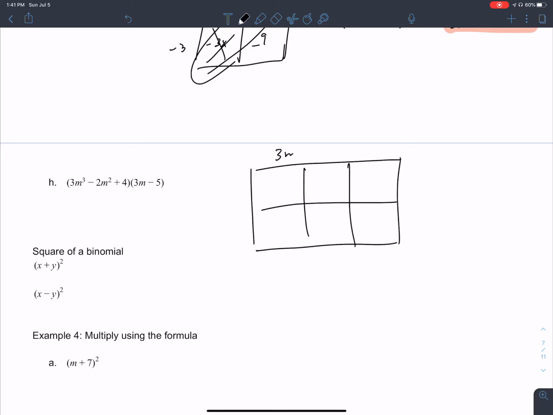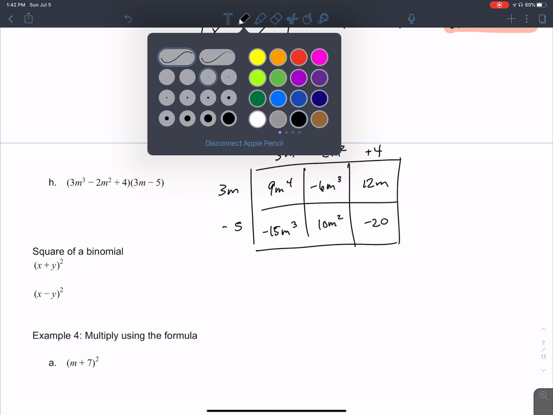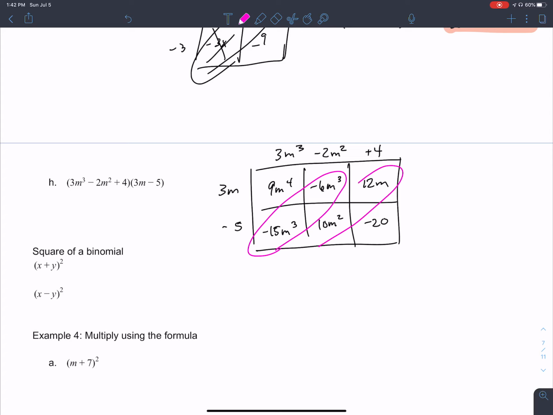Okay. 3m cubed minus 2m squared plus 4, times 3m minus 5. Now, the only thing that I guess could be tricky is transferring your negatives over, so just make sure you double check. So I get 9m to the 4th, minus 6m cubed, plus 12m, minus 15m cubed, plus 10m squared, negative 20. And this one does have my like terms on a diagonal. Okay. So I get 9m to the 4th, and then I get negative 21m cubed